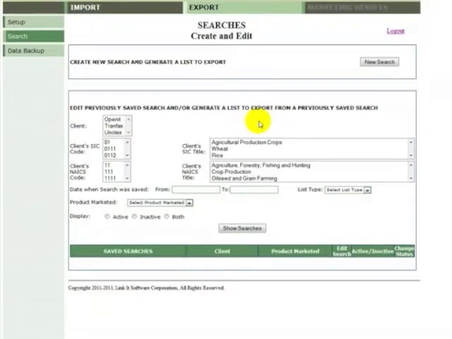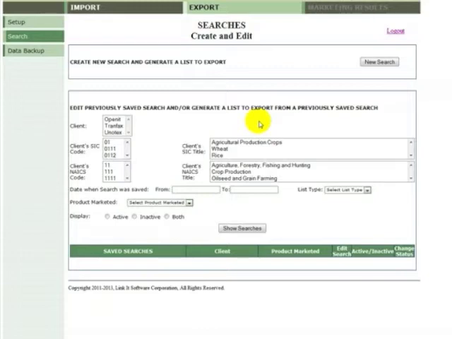There will be instances in which you have contacts which you have imported into ListBucket software who have requested to not be called or emailed. ListBucket has a feature which allows you to tag records in such a way that when you export a list from it in the future, records for contacts who have requested not to be called or emailed will not be